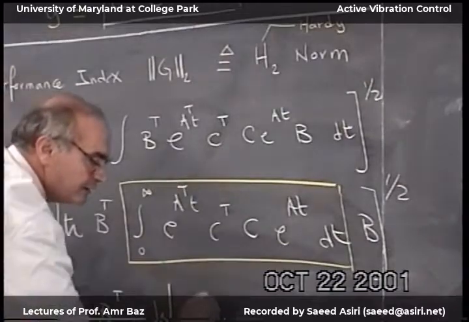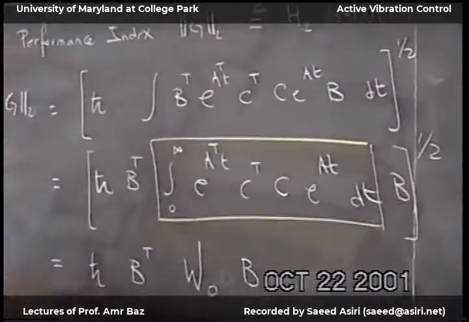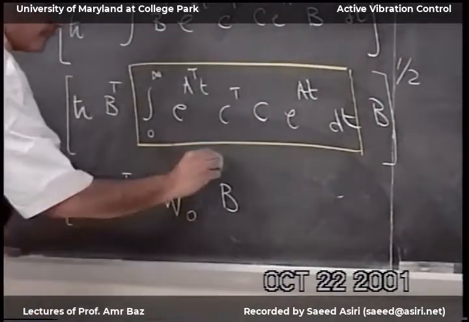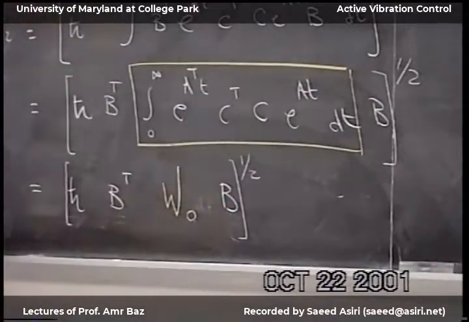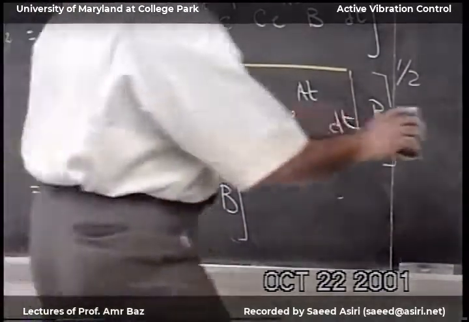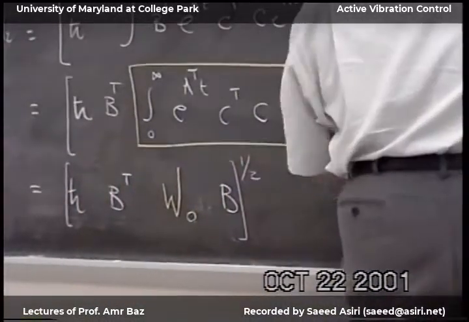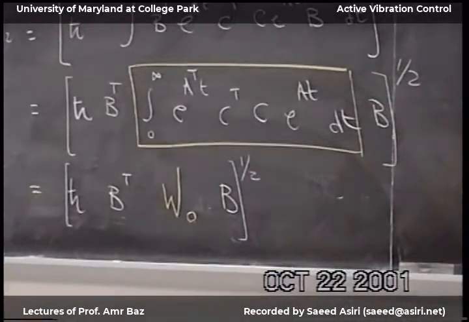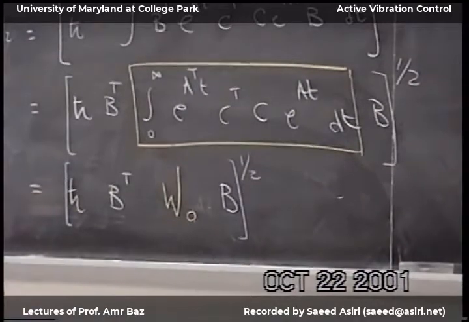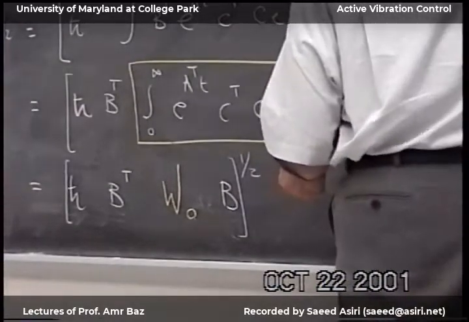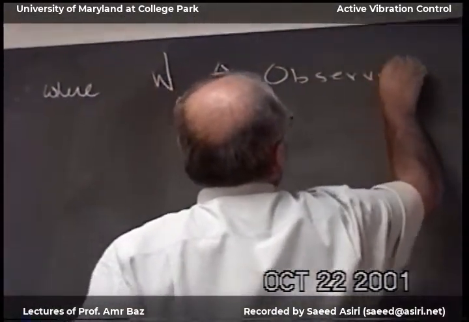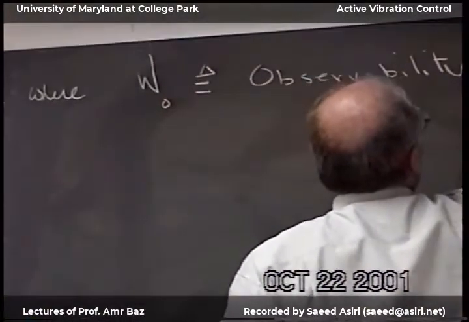Call it W0, and then B. Called the observability Gramian,